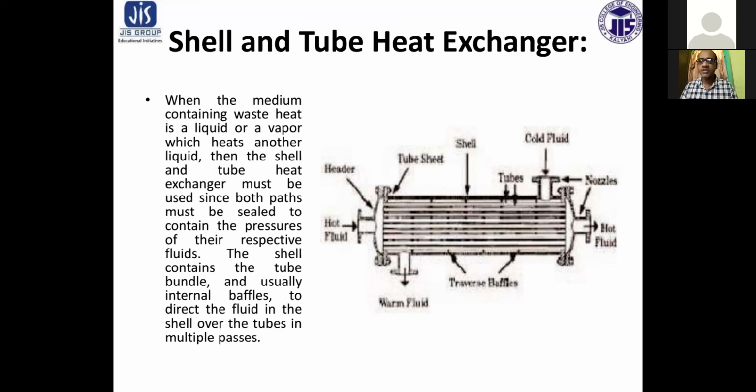And in the case of an air preheater, we have seen that it is directly the flue gas. In shell and tube heat exchangers, the energy is used to heat another kind of fluid, here a liquid or vapor. It has multiple bundles of tubes through which the fluid moves in a zigzag way, so as to increase the heat transfer area and raise the temperature of the feed water.